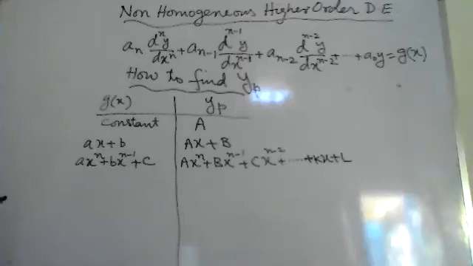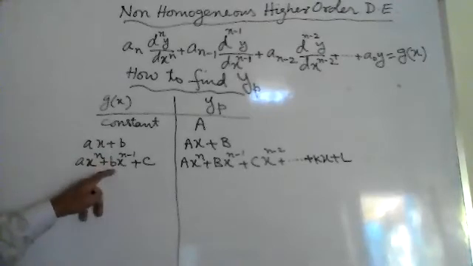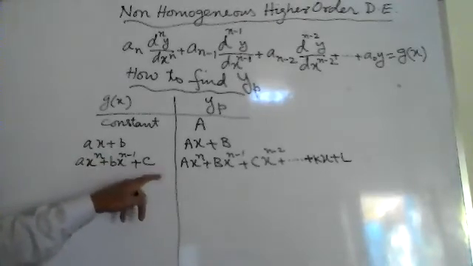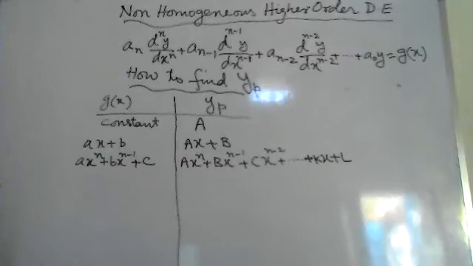And we will use A, B, C, etc. Not some particular constant. Here it may be a particular 3x raised to power 4 plus 7x raised to power 2, etc. But we have to take A, B, C, not some particular constant.